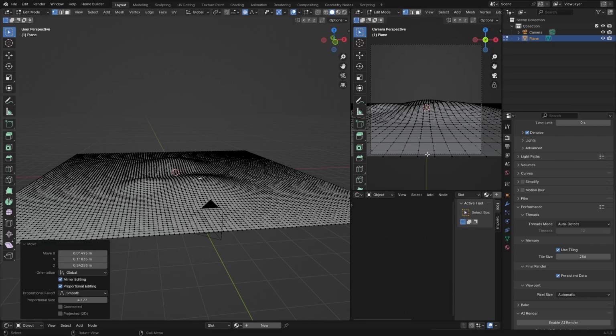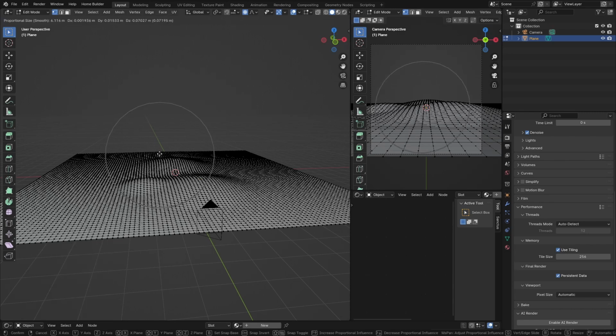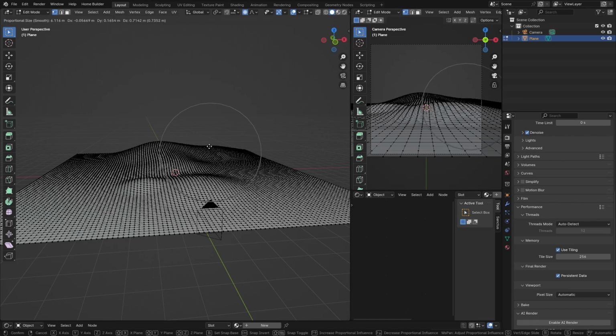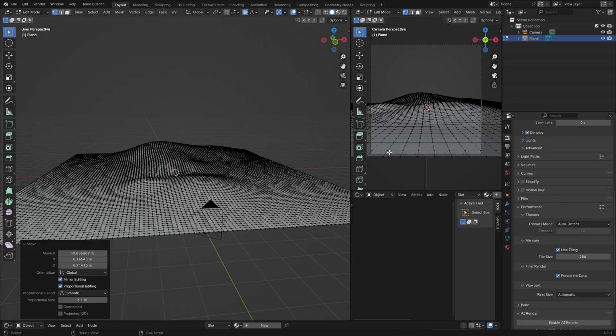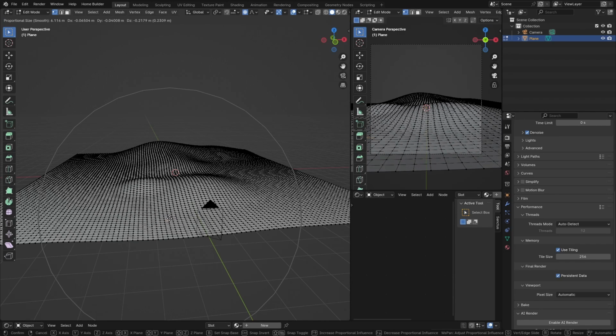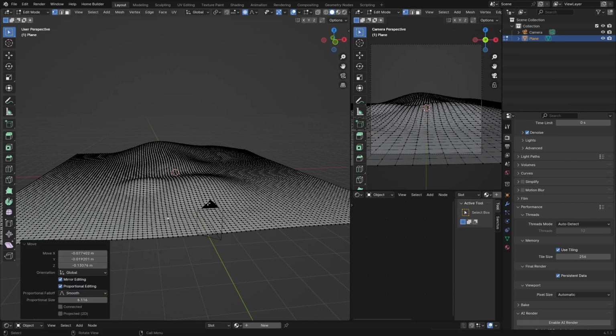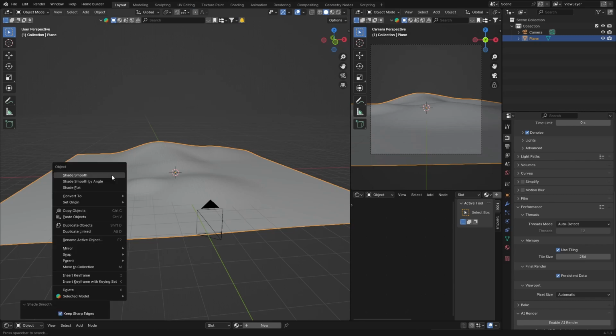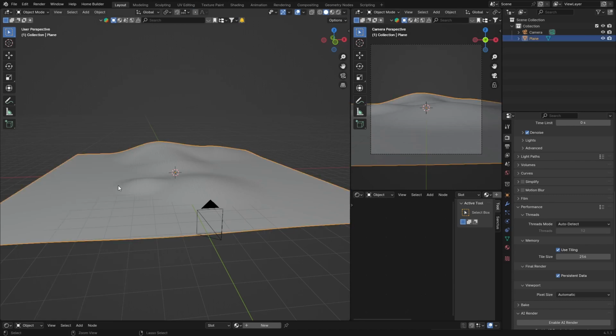It's looking good. And then somewhere there, G, make this one pretty big, something like that. And then this one as well, G. And it's looking quite nice. You can click there, G. That looks good. Okay, now we can go Tab, shade smooth, and then hit Control A to apply